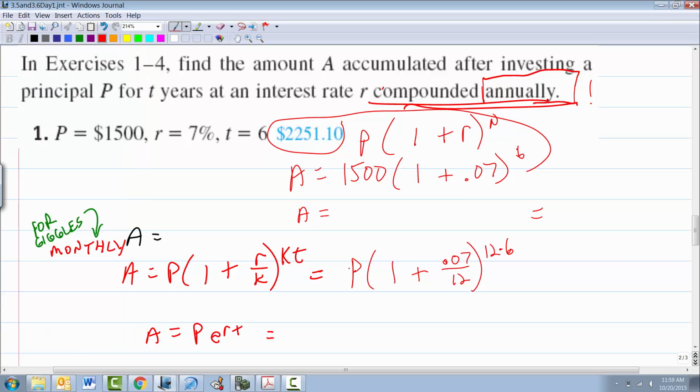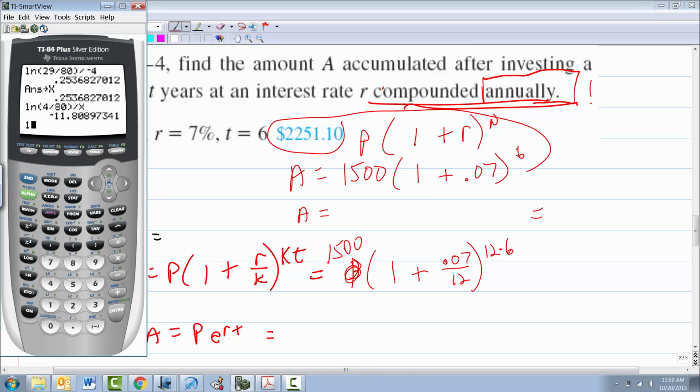All right, so that's how you understand this formula. Let's be lazy. It's 1,500 there. So this is how you can type it on your calculator. 1,500 times parentheses, 1 plus 0.07. I don't need no fancy fractions. Divided by 12. Close that bracket, caret, and then 12 times 6, I can do in my head, 72. Now, I bet you think this is going to be vastly different. It's not. Because it's